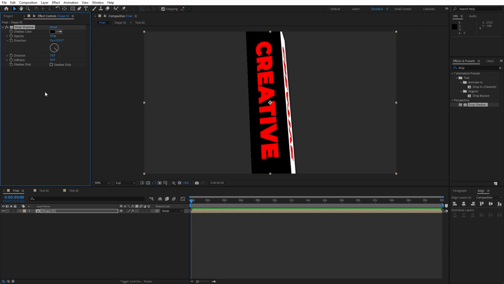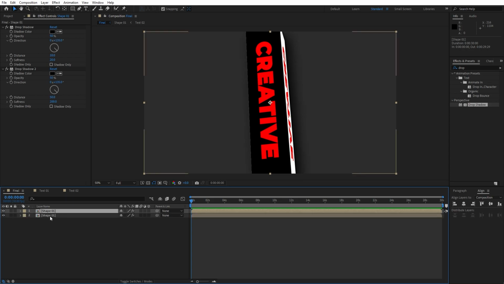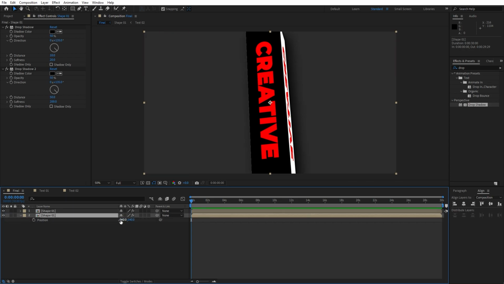Now let's duplicate this drop shadow once, hit Ctrl+D. For the distance, let's go to around maybe 50, and for the softness, go to around 200. And now, as you can see, we have those cool shadows in our final composition. Now let's duplicate this shape 01 for a few times, hit Ctrl+D, select this lower one, hit P for position,